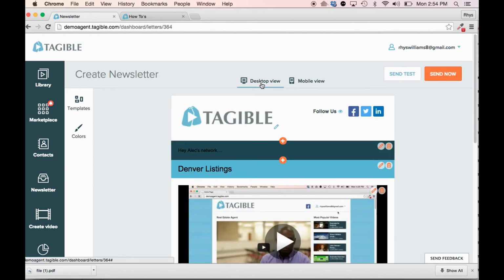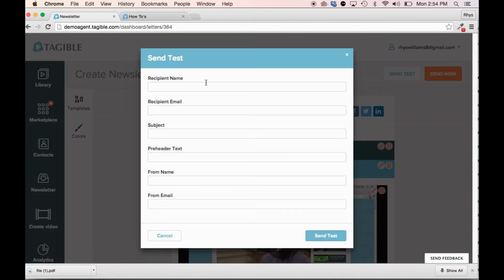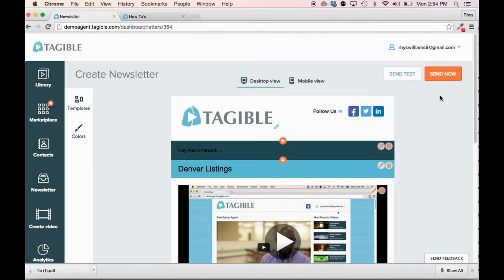And then when you're ready to send it, you can send it either two ways. So I always recommend sending a test first. So you hit the send test. You can pick who you want to send it to. So you want to send it to yourself, put in the email, the subject, and who you want it to come from. When you're actually ready to send the email itself, you can just hit send now,